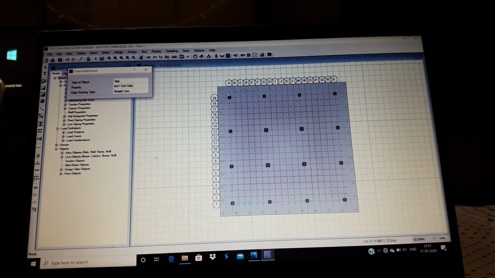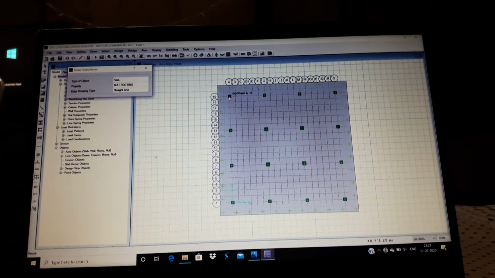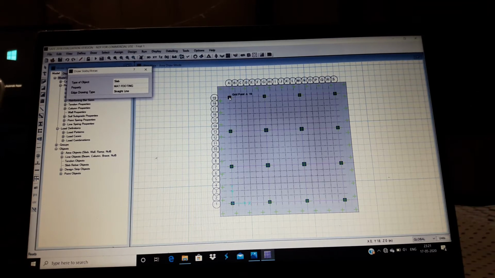Sorry, we need to click here. Basically this is 2 meter extra on each side. So click here, then here, then here, then here, and finally close it at the point where you have started.